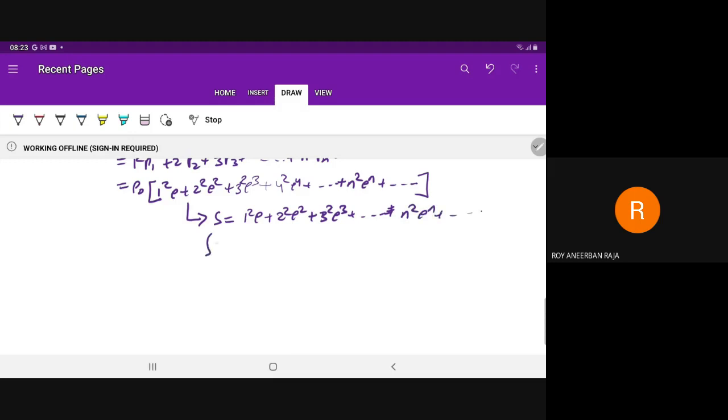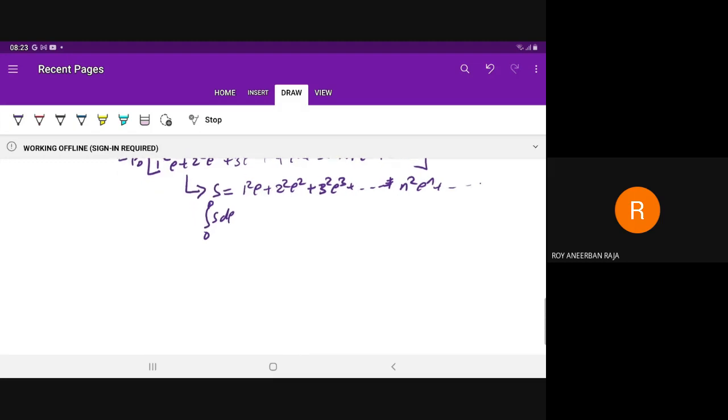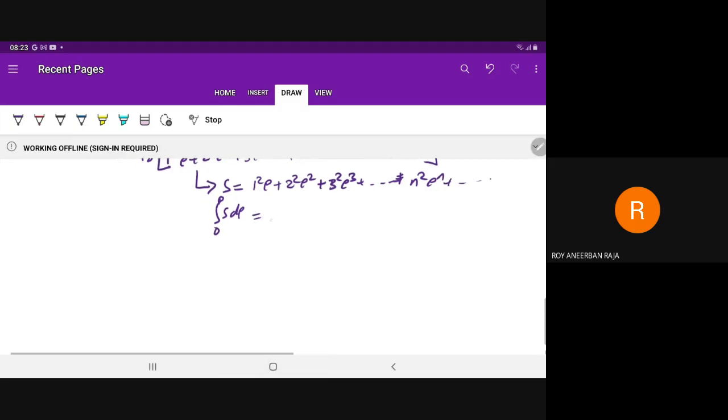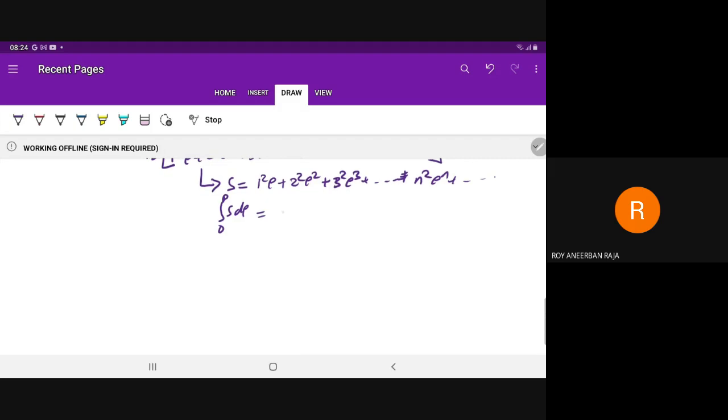If you integrate this S with respect to rho from 0 to rho, here we have rho square by 2,